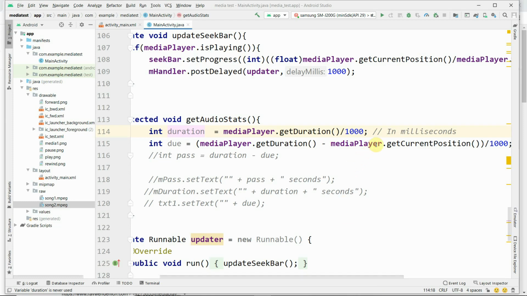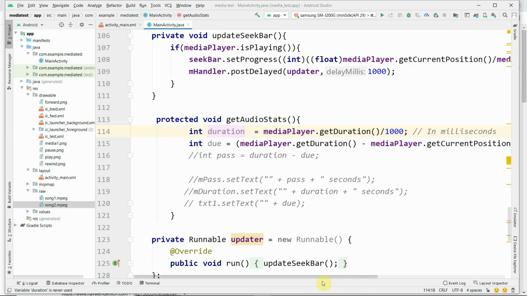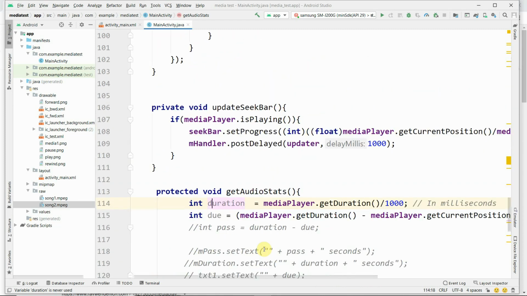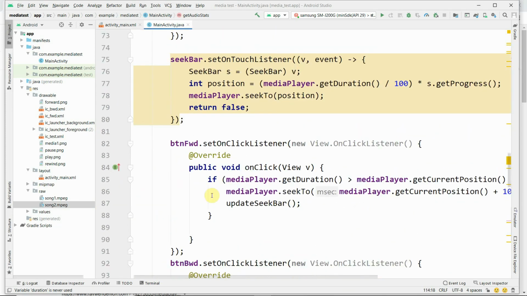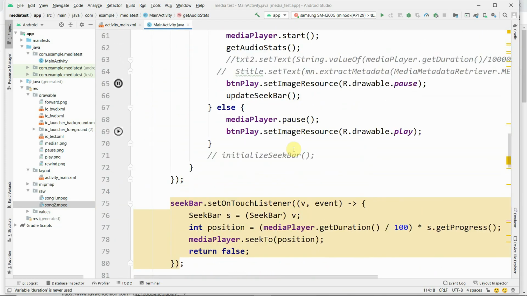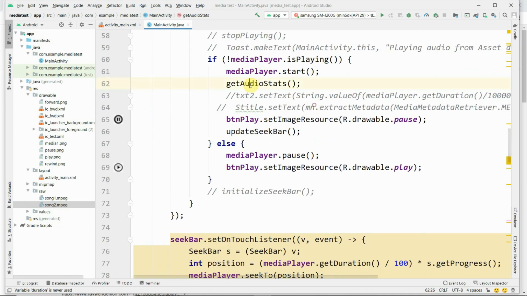The current position is deducted from the duration, which gives the audio statistics, indicating the remaining part of the song. The remaining part of the song is returned using the getAudioStats method.